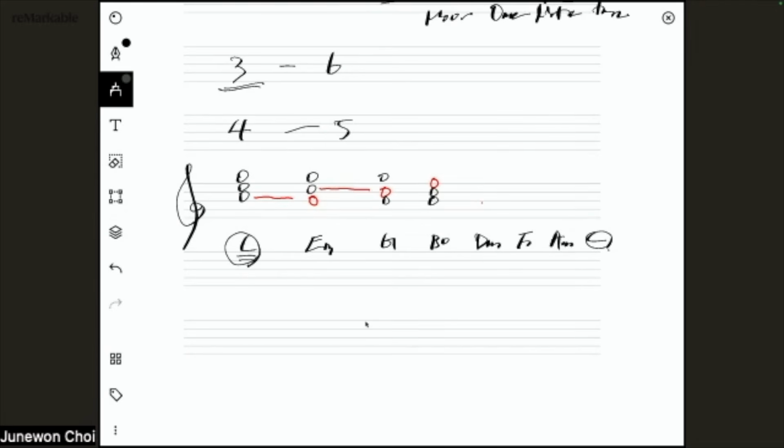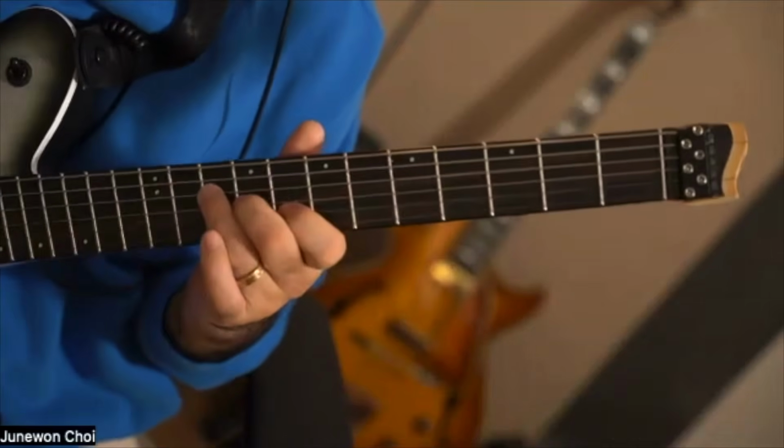If we just move one chord tone, that becomes D minor. And then F, and then A minor, and then C. So this is the voice leading, and it sounds like this, and looks like this from the C major,